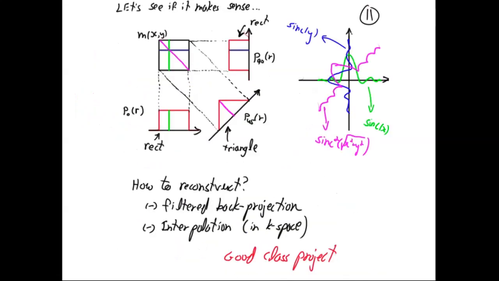Now, if you remember from CT, remember that we talked about CT? I showed you that it is possible, by computing projections from different directions, to reconstruct the object. I don't want to go over that again, but there's an algorithm called filtered back projection. You can actually do this. But my point is really just to say that,